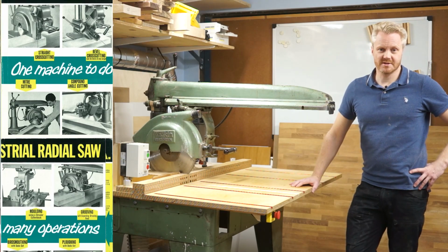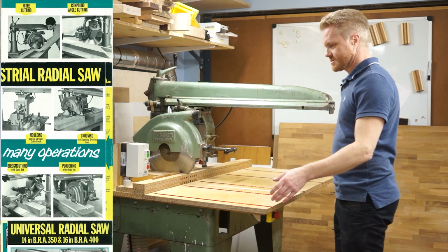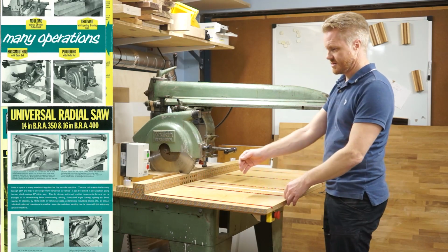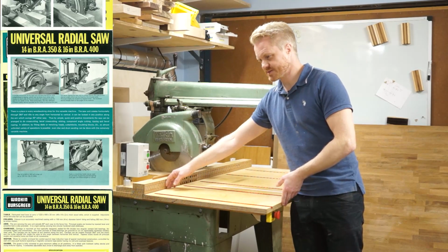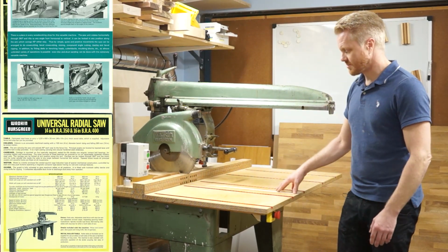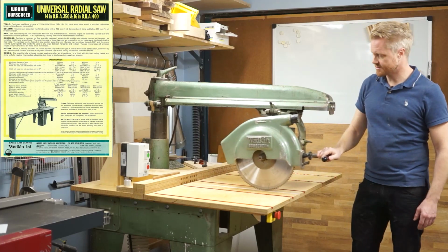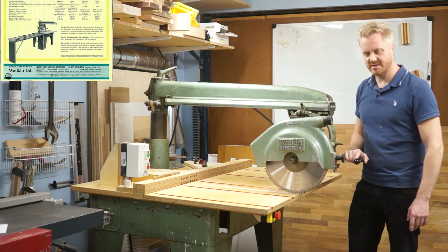It weighs about 200 kilograms. The size of the table like this is about 140 centimeters. I think it's 134 centimeters wide. The depth of the cutting area is 630 millimeters, so that equals the maximum ripping capacity of this saw. So as far as you can extend it here, it would cut efficiently to 630 millimeters,